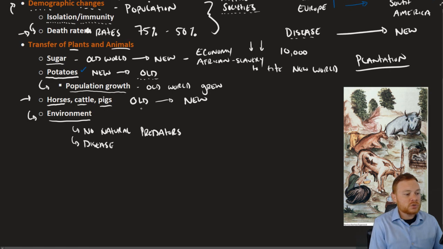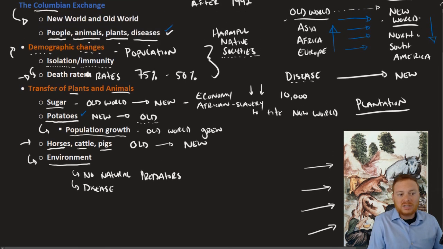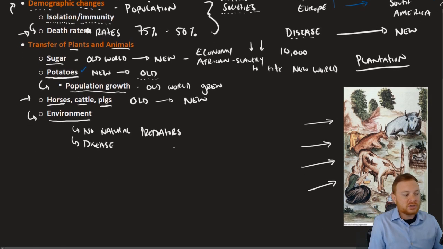However, these animals also could provide some positive characteristics. So, for example, a lot of Native American societies adopted these animals, horses, cattle, and pigs. Again, these animals did not exist in the New World prior to Columbus. And so even though these animals unleashed a lot of environmental damage, they could also be used by native societies in a way to improve their life, whereas that hadn't existed prior to the Columbian Exchange.